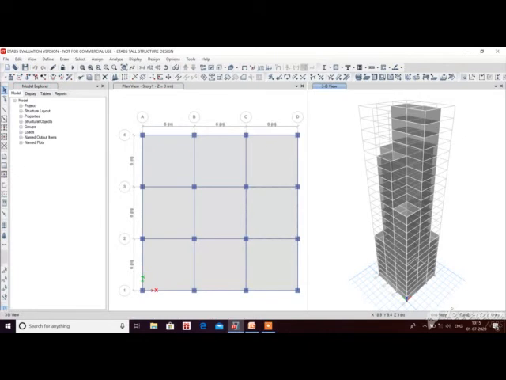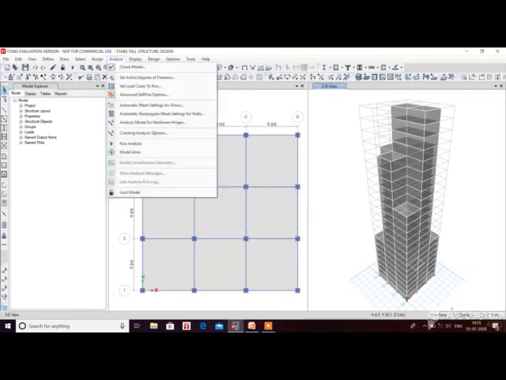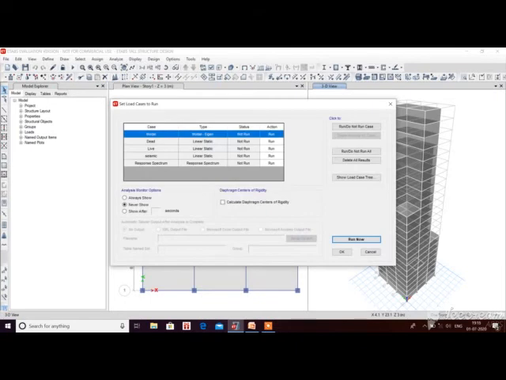In this case, there is no need to select building elements to assign the loads. Next is analysis. For this, analyze, set load cases to run. We have to select dead load, run or do not run. Similarly, live load, run or do not run, and then start the analysis by run now.